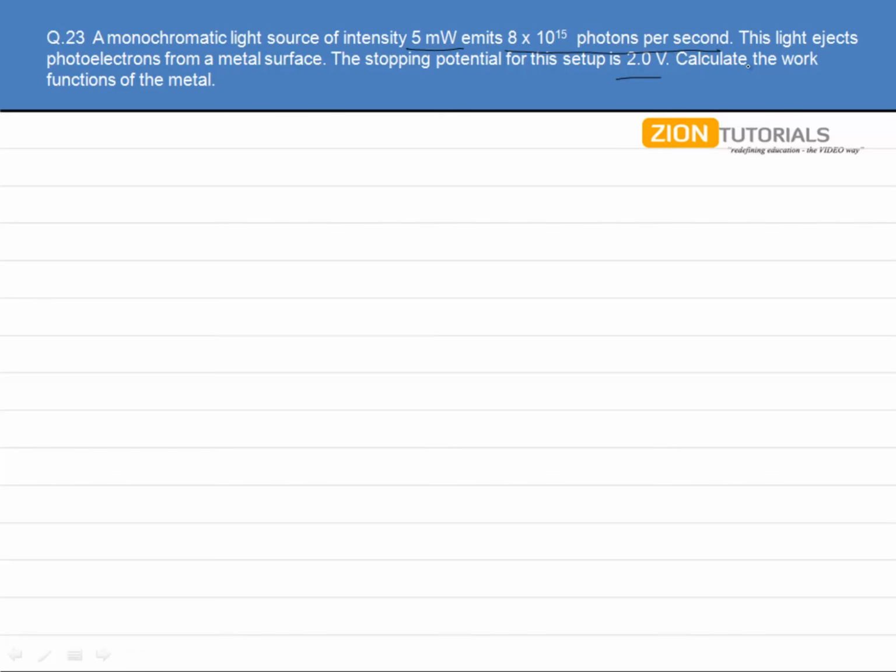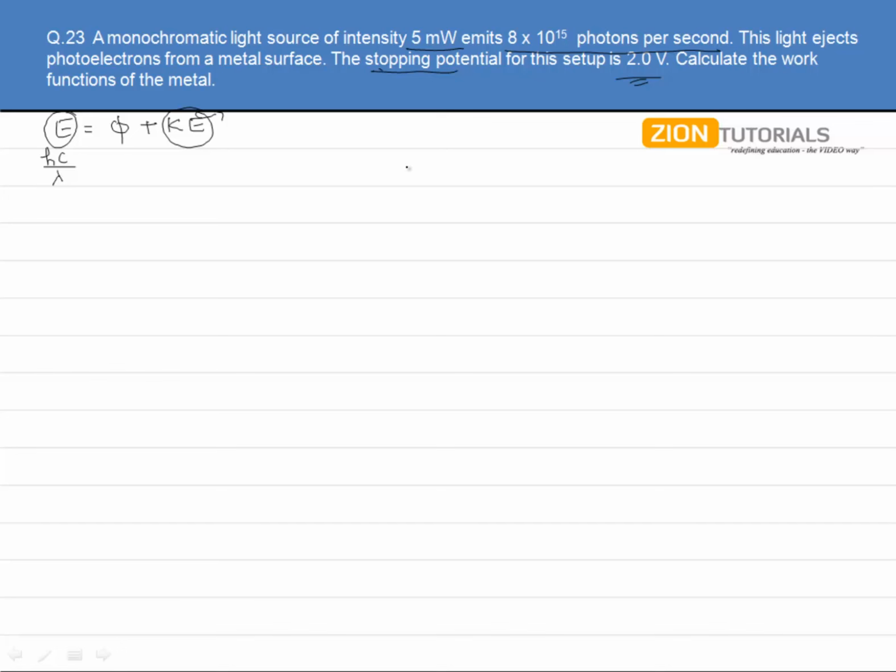So what I would suggest is to write the relation whatever you know. And we all know that the energy is basically the work function phi plus the kinetic energy of the photoelectron, right? And the kinetic energy of the photoelectron is equal to the energy corresponding to the stopping potential. So it will be corresponding to the 2 volts. So the thing left over here is to find this energy E, which is basically the energy of each photon